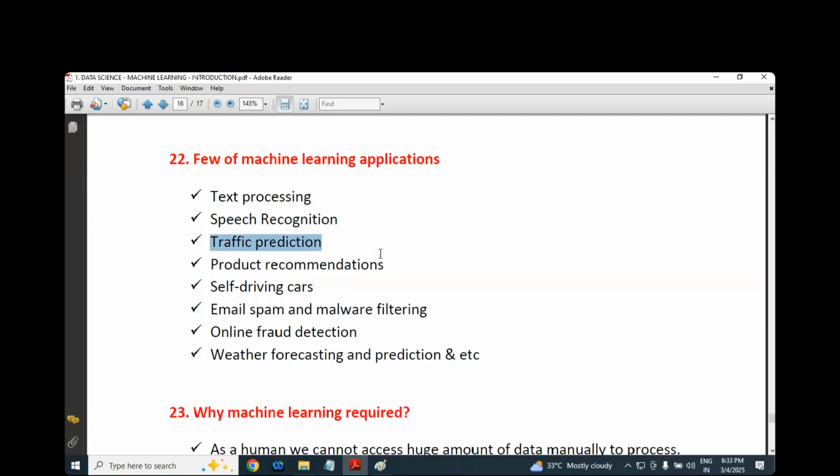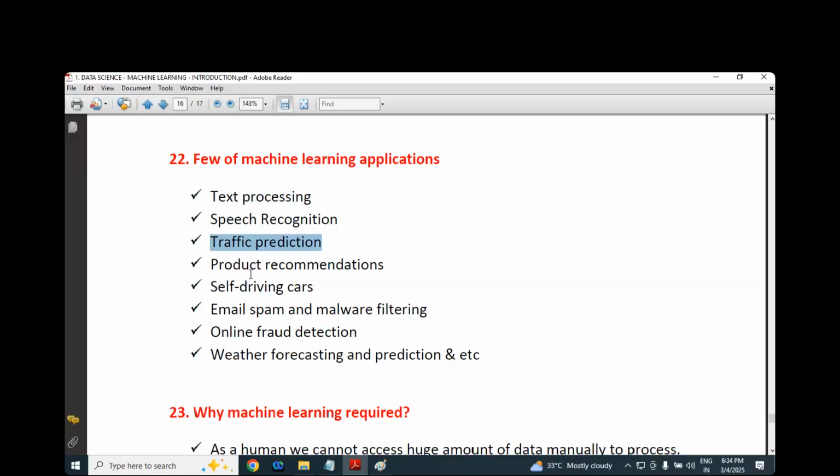Best example, there are 4 paths from KBHP to Ameerpet. There are 4 directions you can go actually. First way, don't choose this one, more traffic. Second way, you can go for this, less traffic actually. Traffic prediction is really required. Why actually? To save the time. To save what exactly? Time. At the same time, if you are saving the time, you are also saving resources. If you are traveling in traffic, sir, it consumes more fuel actually. That's one of the important points.